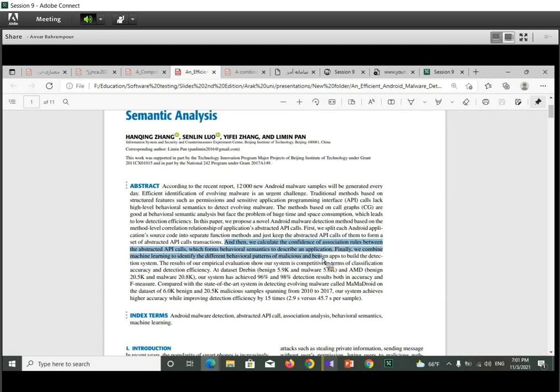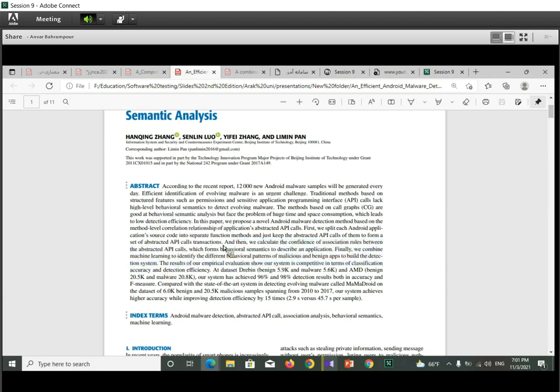Combine machine learning to identify the different behavioral patterns of malicious and benign applications to build the detection system.